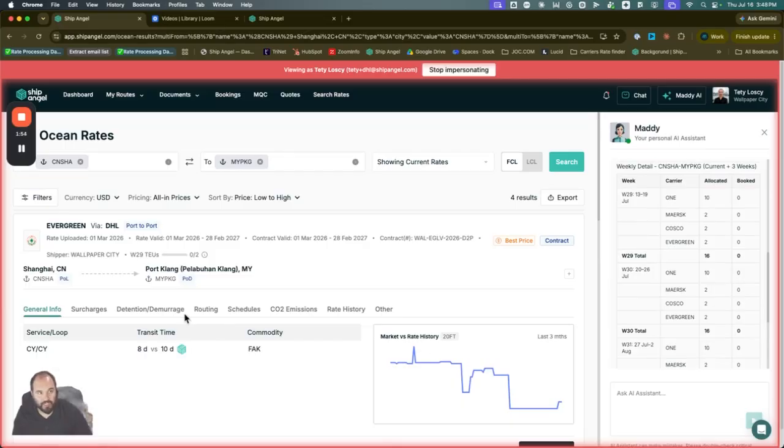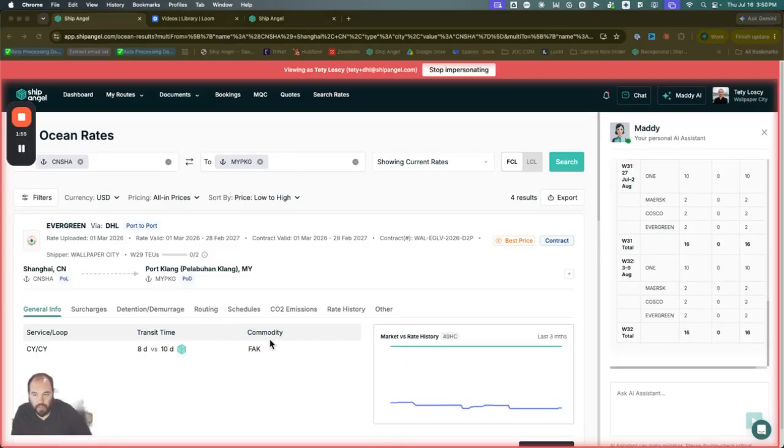Additionally here, I can take this one step further, is we also have the ability to bring in that market data. And so in the rate card here, I can search and look at this market rate versus my rate. I can see how competitive my rate is with the market.